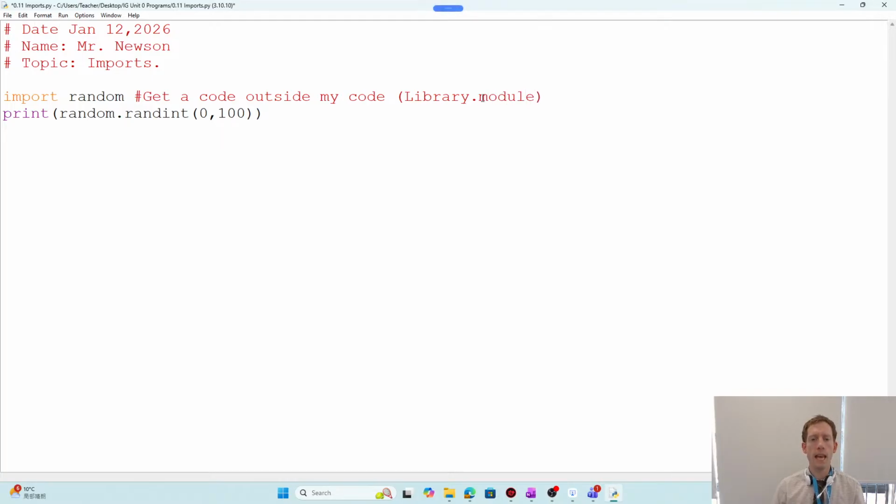For example, it can do different things. For example, it can do a random range, or it can do some math, okay? So the library contains functions, and then within it we put a dot and the module name, and that's what it can do, okay? So for example, this module's name is called randint. It generates a random number. Okay, here's an example of using the randint module within the library